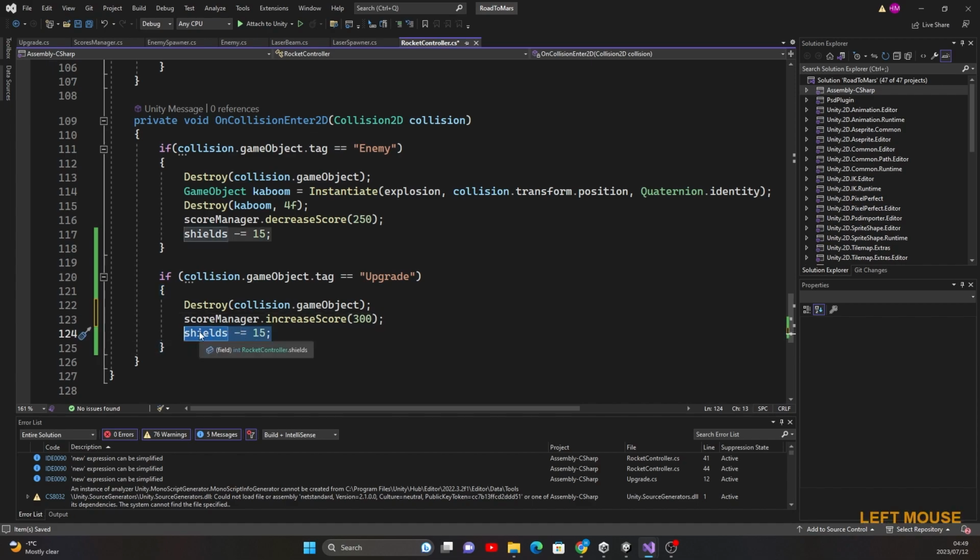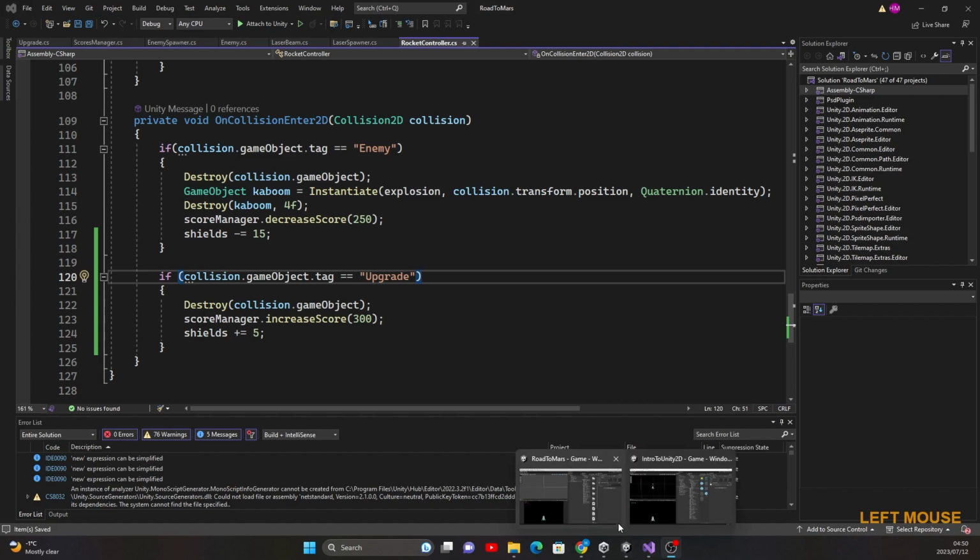And we're not going to do anything with the shields. Let's make our shields just a little bit stronger. So we say plus equals 5. So our shields will get a little bit stronger. Our score will increase substantially. And we can then activate an upgrade as well. So what can this upgrade be? Well, something that could be nice is to have a triple laser for a few seconds, and that's exactly what we'll do. So heading back to Unity,